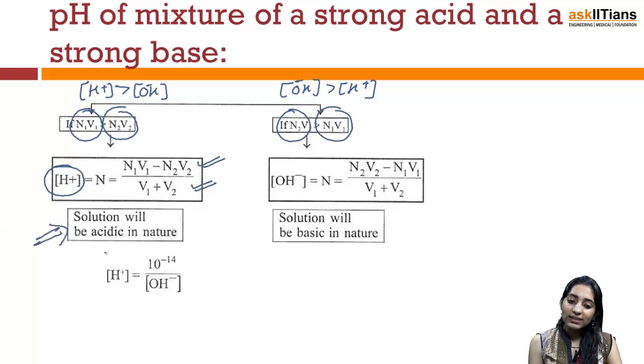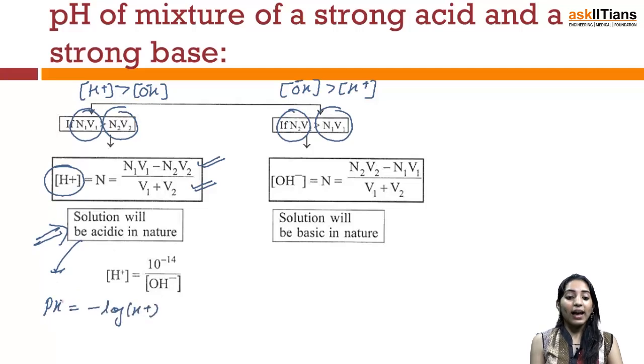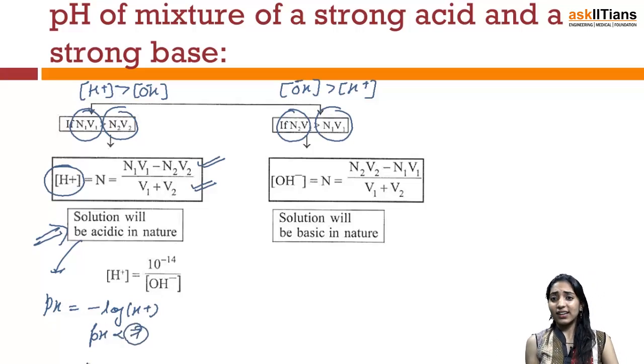Now if the solution is acidic in nature, I can very easily find the pH as minus log of H positive concentration, and I'll say that the pH will be found to have a value of less than 7. Let's now consider the other way round, when the concentration of OH minus is found to be greater than the